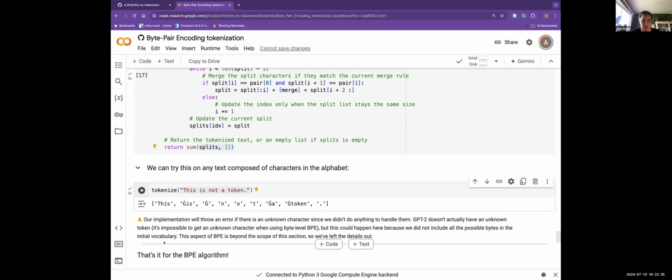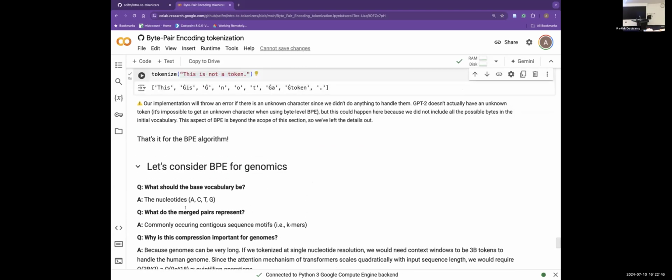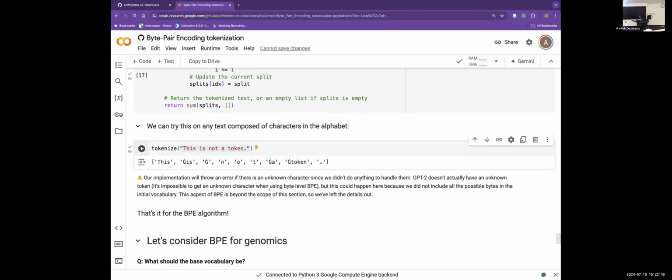But are there any questions on that before we just talk a little bit about how it might be applied to genomics? Yeah, I think good. Keep going. Good. Very excited to see the next part. Yeah, so